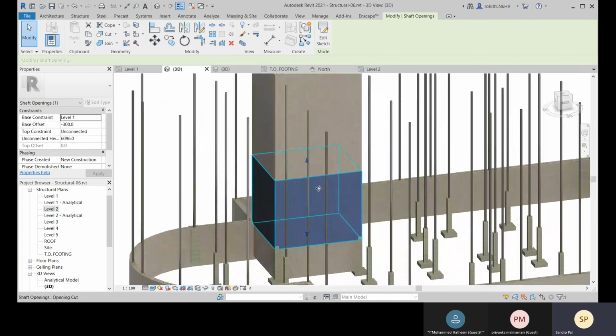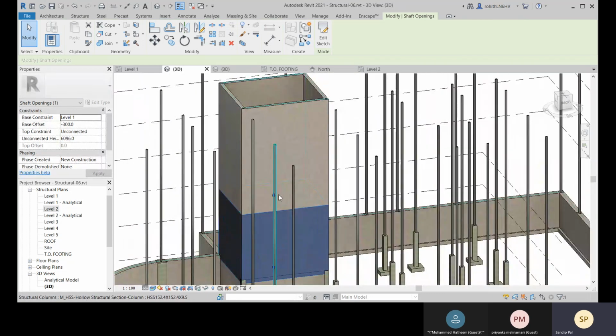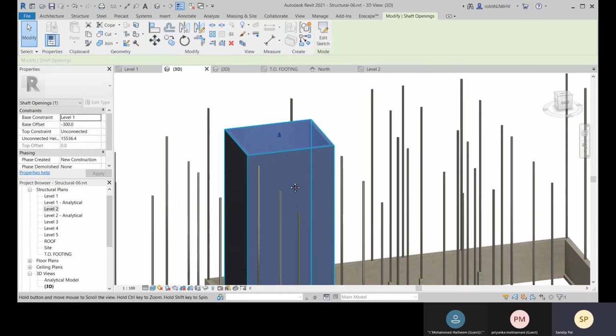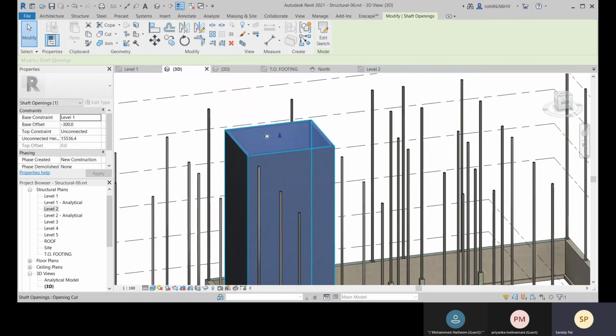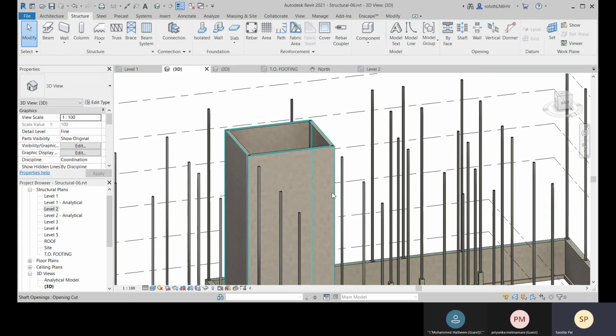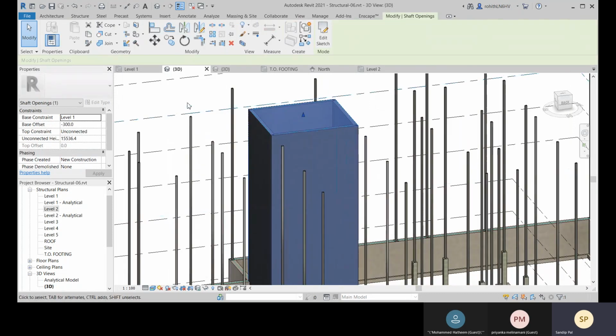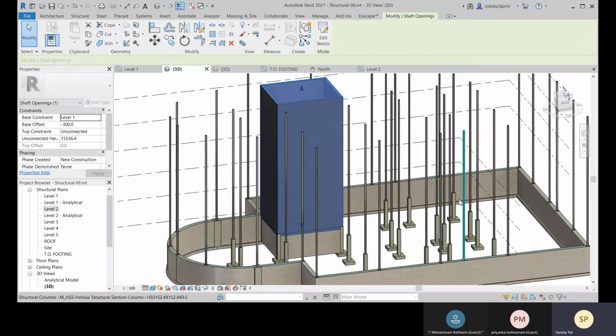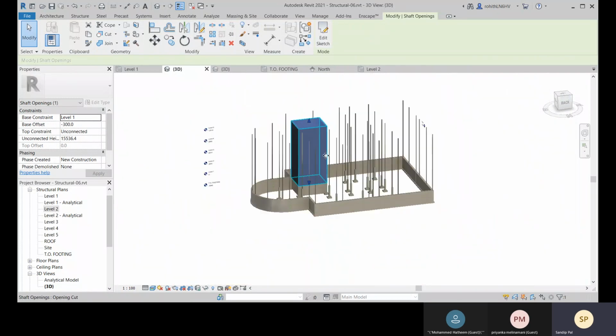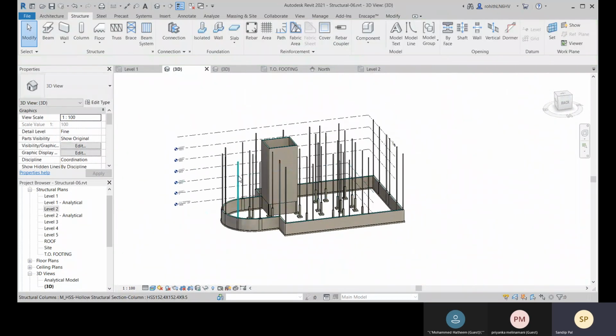You can check here. So that's not going till that level. So you can just simply drag it till this level. So it's kind of a 3D void, you can say. Okay, if you cannot select directly by hovering your mouse, you can press Tab, or you can select like this, and after that you can change the adjustment. So now if you place any floor and all, it will cut through. Okay, so that we have done it.